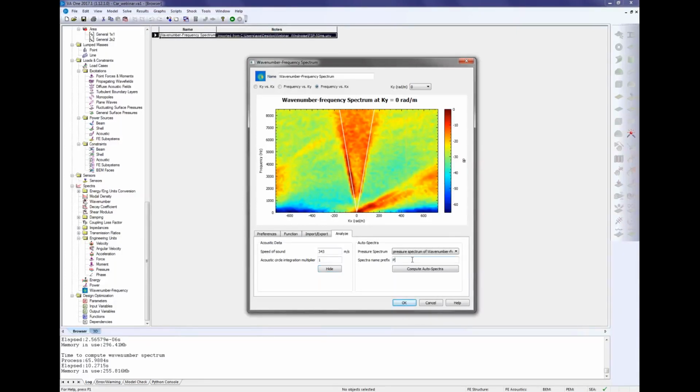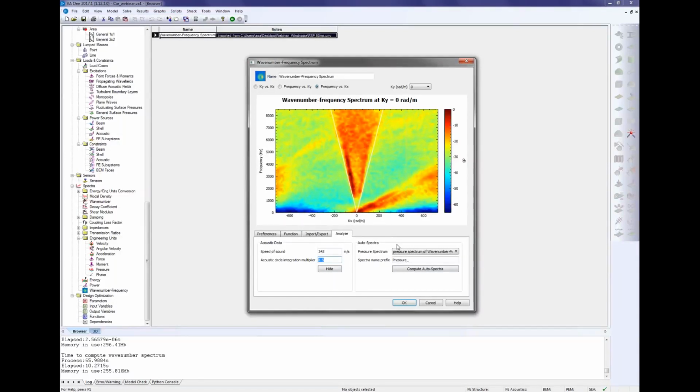So I will put a suffix here and adjust this area to take into account all the energy of the acoustic component that can be displayed on this figure. So I will be giving a factor to the radius of the acoustic circle.